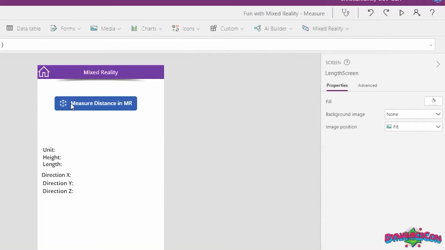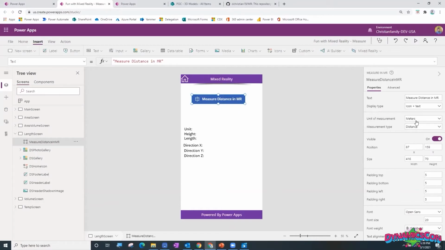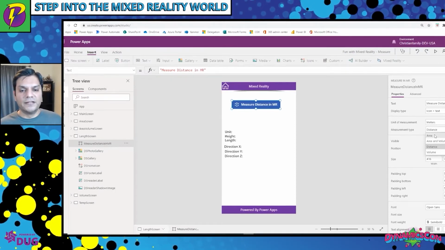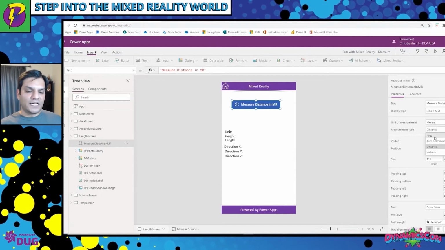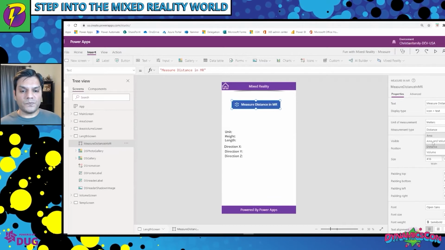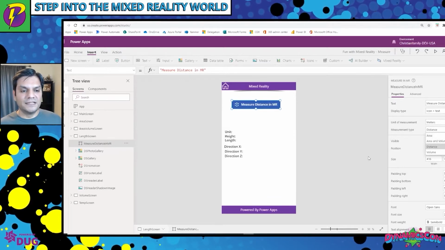Now in the measure icon, you've got a bunch of options. So let's spend a little bit of time on those settings. This is the one which says meters, and you can have all these options available, whether you want to put it in centimeters, feet, or inches. You've got quite a lot to play with. And then here is the measurement type. Over here, we specifically talked about distance, which was the length, right? That's the distance over here. But in the other example, when we were taking the full area, that's the area. And then you also have area and volume, and we'll understand the whole concept of how it is, and I'll give you even a demo on that. All right, so it was the whole concept of area and the distance.